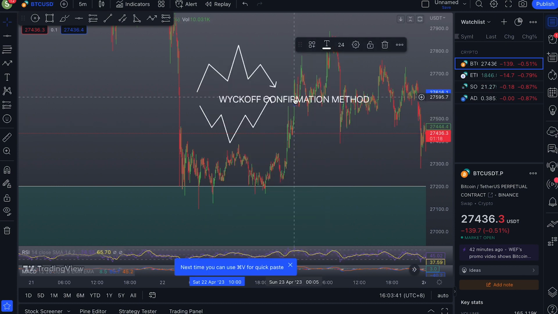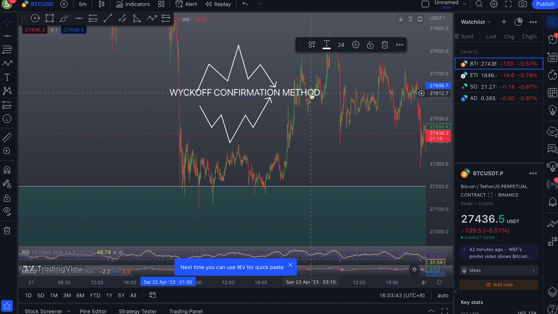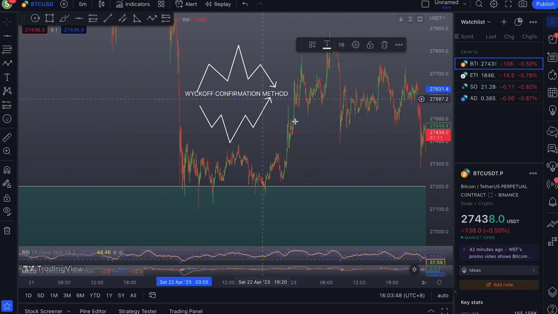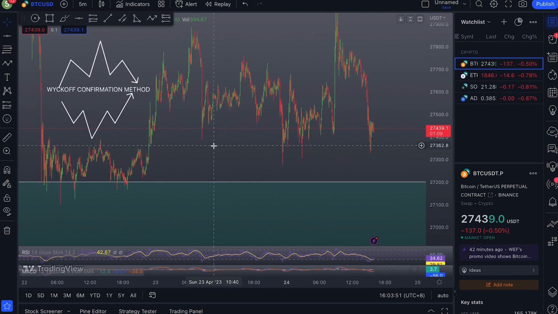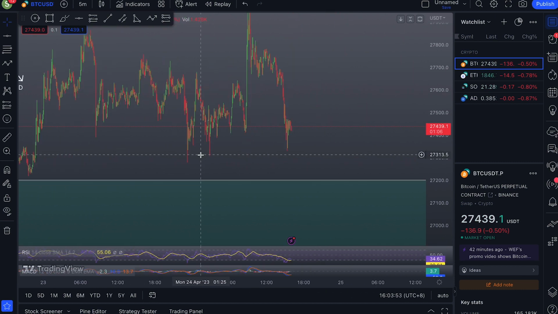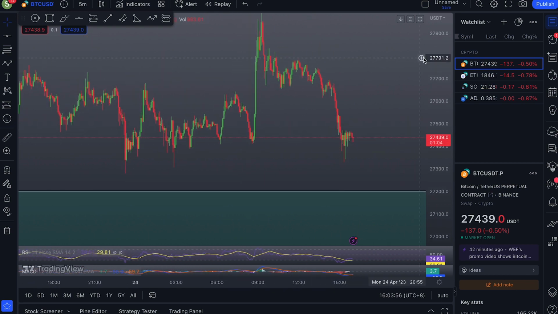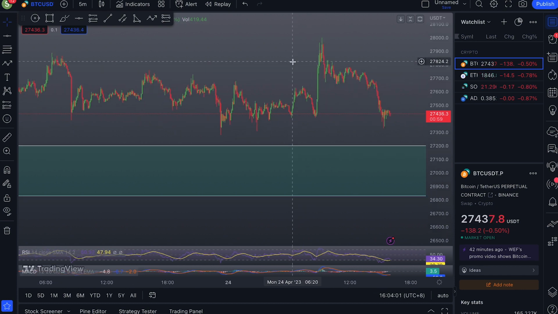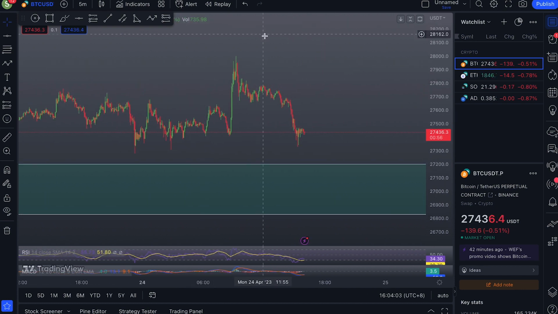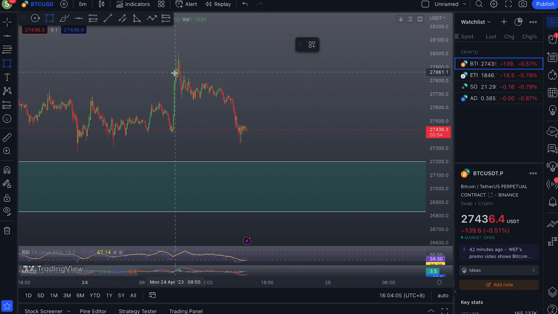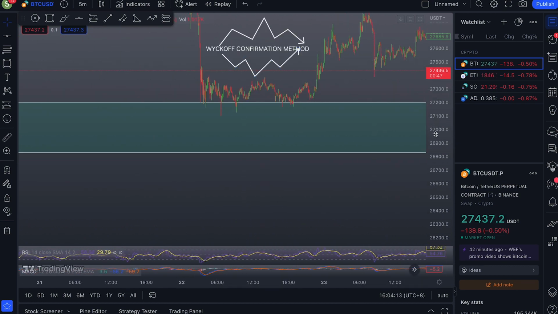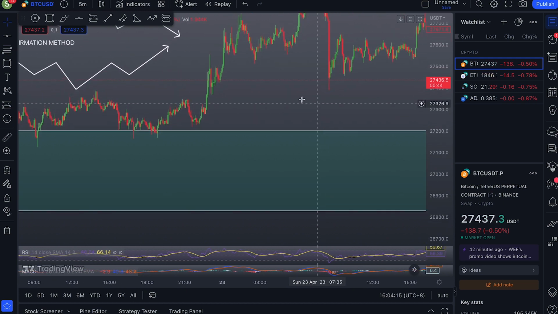So this is just the Wyckoff. Let's just lessen this down a bit. Okay, so now let's see, on the 5 minute, clearly there are going to be some zones here. Actually, we can look at some down here as well. Not sure if they have been tested, but